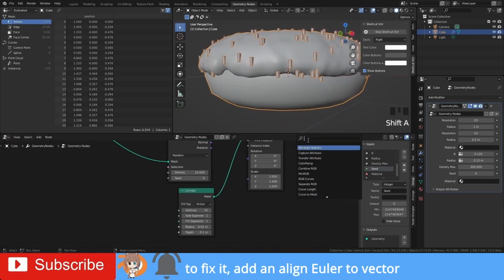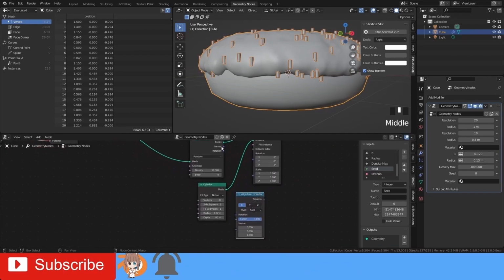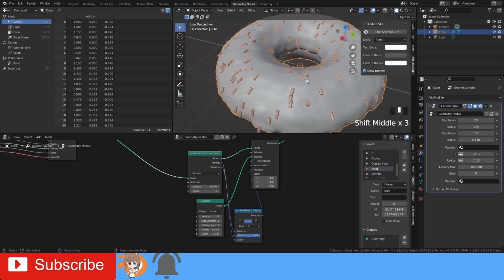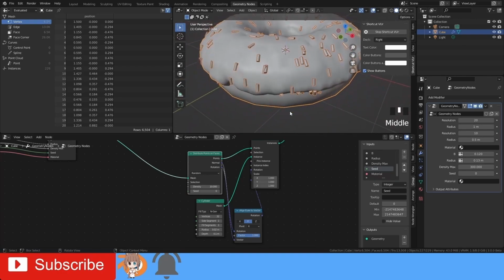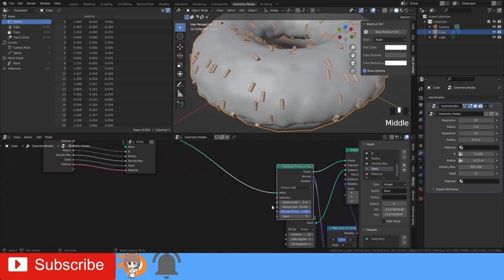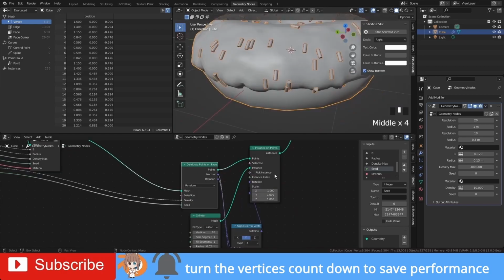So for the rotation, connect the normal to vector, and set Y to X. Also, bring down the vertices to about 20 to save some performance.